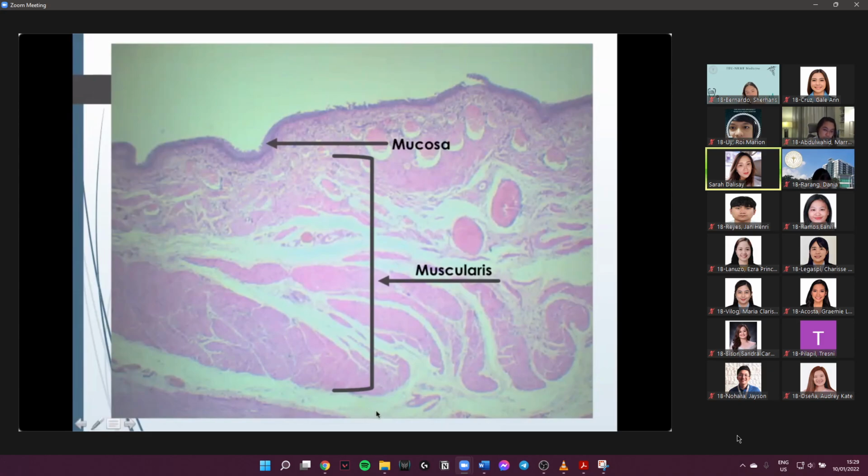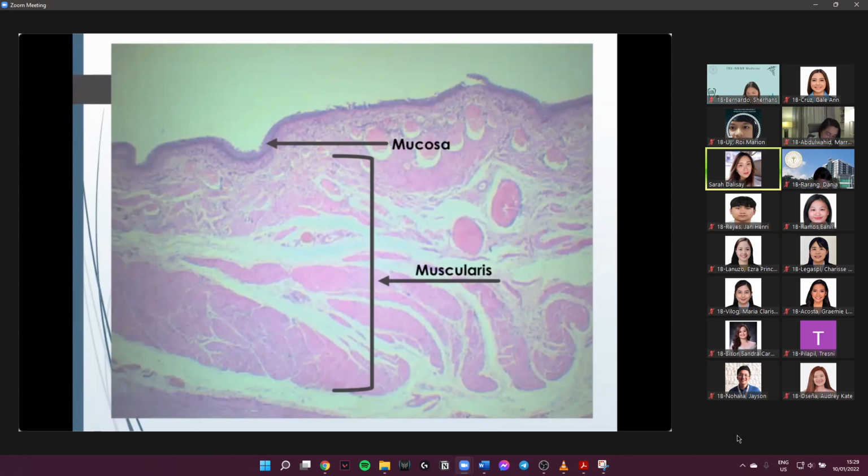you may find tunica serosa in one area of the urinary bladder. And that is the fundus, which is found in the pelvic area. So again, what will be the clue that you are looking at serosa? Of course, the outermost lining is your mesothelium. That is our clue that we instead have on the outermost layer your tunica serosa. Again, don't forget, there's only one part of the bladder where you will see this, and that will be the fundus of the urinary bladder.